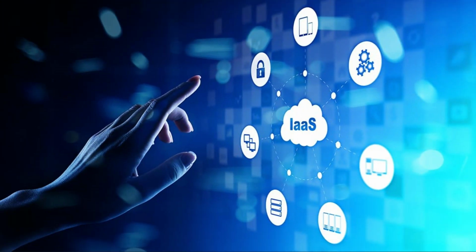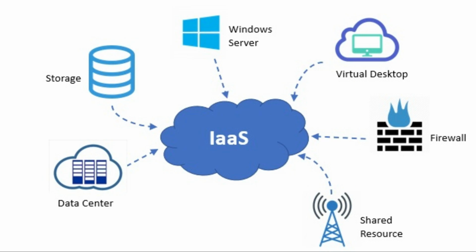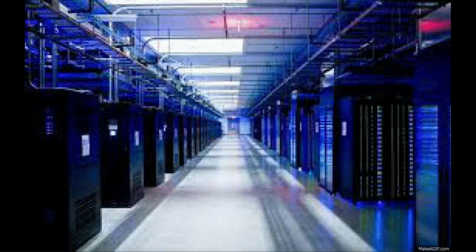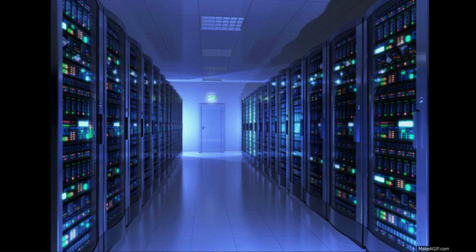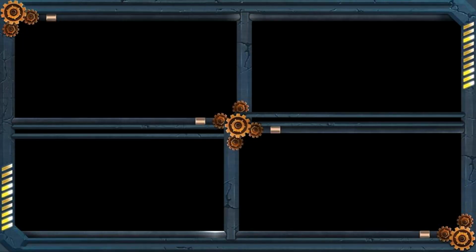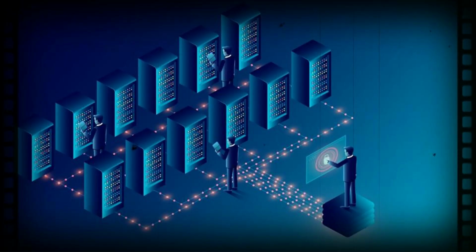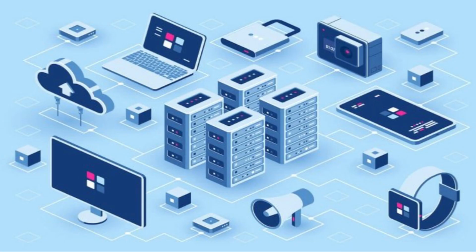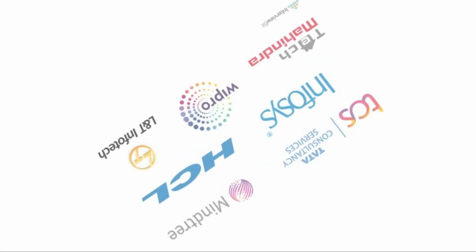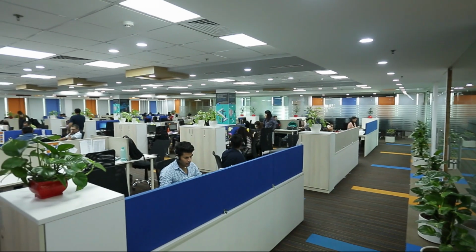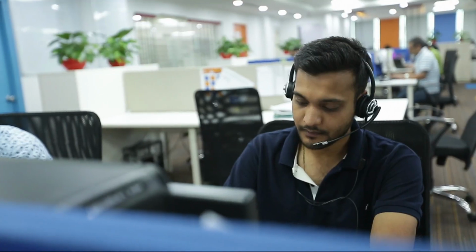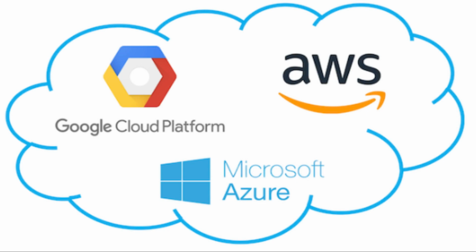First, the infrastructure layer is the foundation of cloud computing architecture, providing the underlying physical and virtual resources such as servers, storage, and networking infrastructure. This layer is responsible for managing the physical and virtual infrastructure, including the allocation and management of resources such as CPU, memory, storage, and network bandwidth. Customers can choose the amount of resources they need and pay only for what they use. IaaS is particularly useful for companies that need to scale their infrastructure quickly and do not want to invest in expensive hardware. Examples of IaaS providers include Amazon Web Services, Microsoft Azure, and Google Cloud Platform.